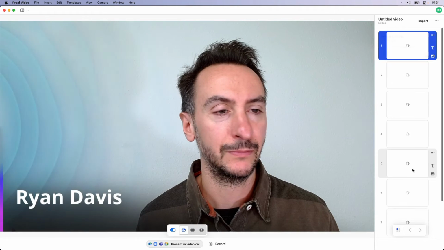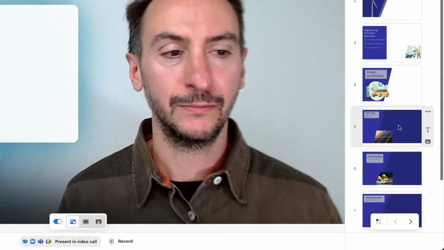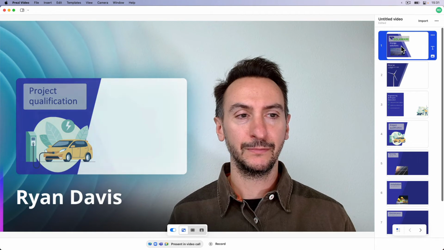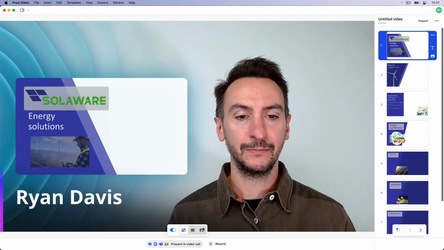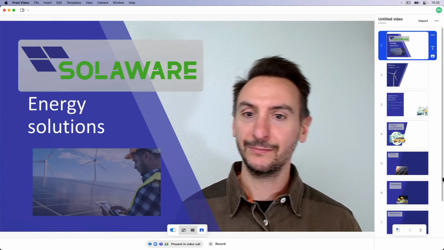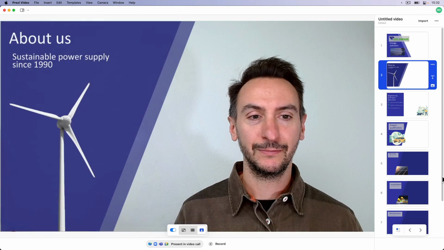To navigate through your content, use the arrows on the sidebar here or use the arrow keys on your keyboard. Depending on what you want your audience to focus on, use the toggles here to switch between the different views. Now let's select transparent mode. Once you select it, the background of the slides will disappear and the content will come forward to create a